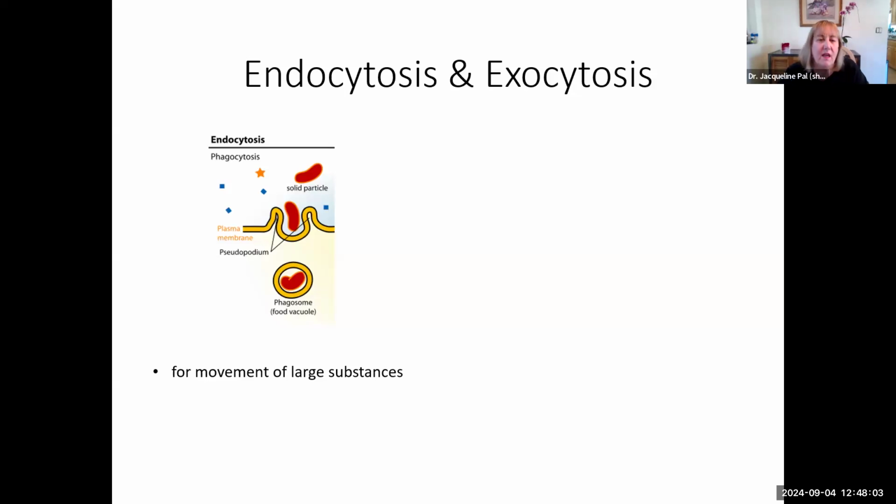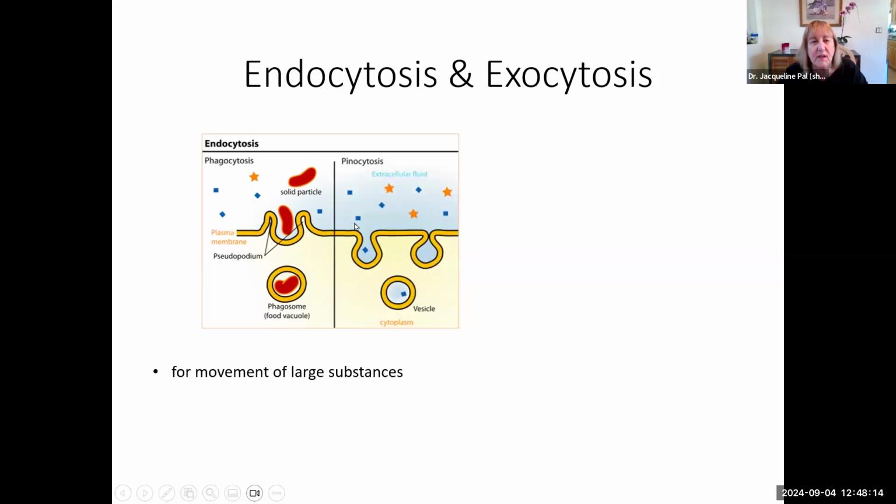Okay. Now, here's a little watery environment. Say it wants some water, and maybe it's going to take a little bit of nutrients in with the water. It's going to do the same thing. It's going to surround some liquid. We're going to have plasma membranes surrounding it. So we're going to have another little vesicle surrounding, this time found in liquid,